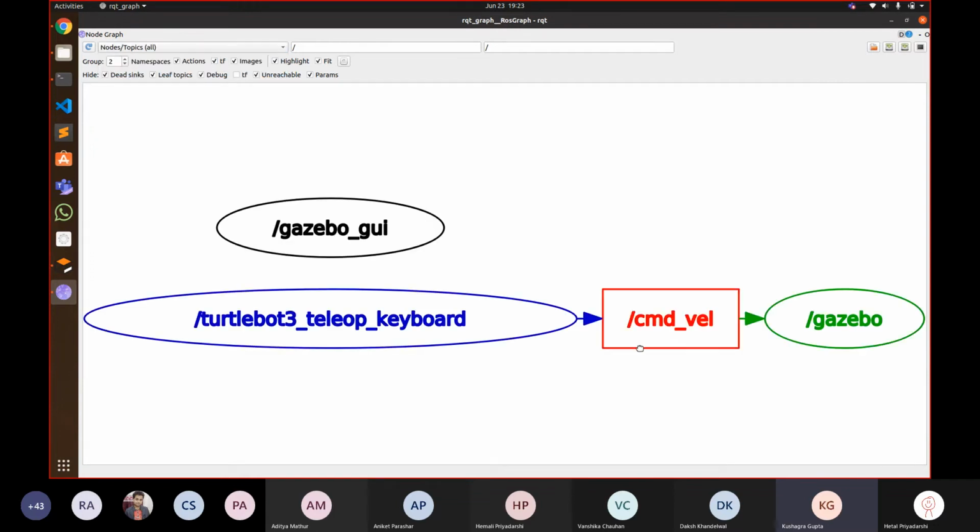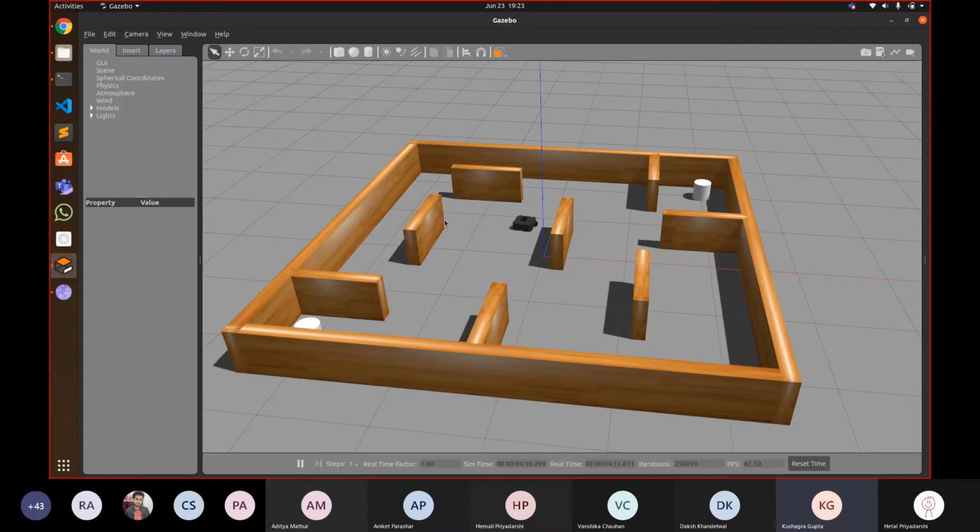Okay, all fine. So you can see that this corresponds to velocity. So this is our topic. The teleop node which you're using automatically communicates with the velocity topic, and that is automatically being subscribed to by Gazebo, the simulation software. You did not have to do any of that by yourself. All of that is done by ROS. That is the advantage of ROS: you just need to focus on what you want, and you don't really need to worry about the background processes at all.